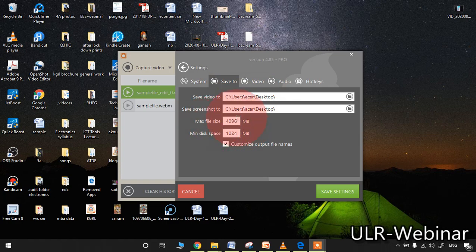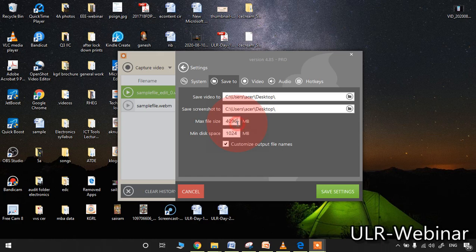Please observe one more important point. Maximum file size. Here 4096 is there. 4096 means approximately 4 GB. So whenever you are recording continuously, if the limit reaches 4 GB, the recording will be stopped automatically.